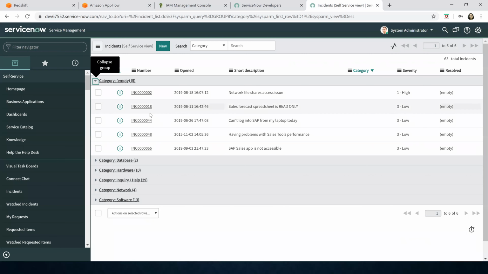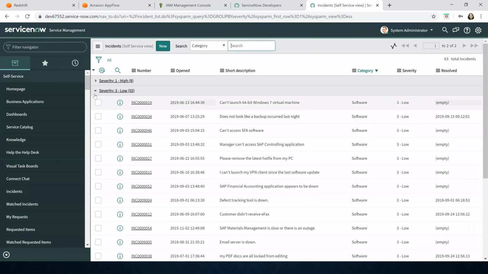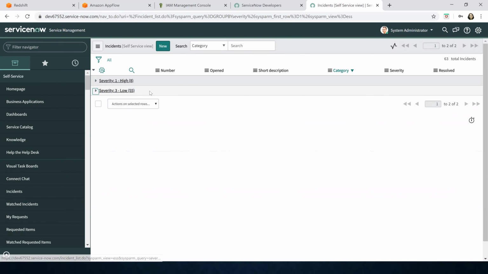So let us go back over here. Now we have added a validation by which all these 5 records will be ignored. And out of these 5 records, 4 records have severity as low. Okay, right here, so you see severity 3 low. Now let's say if we group by severity, we have a total of 55 records that have low severity. And remember that out of this 55, there are 4 records that do not have a category, which will be removed by default.